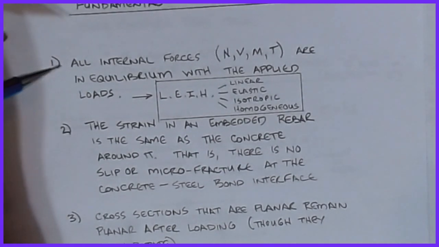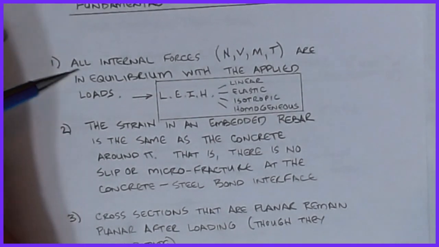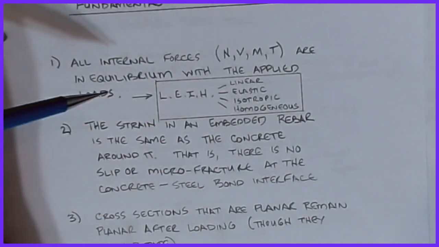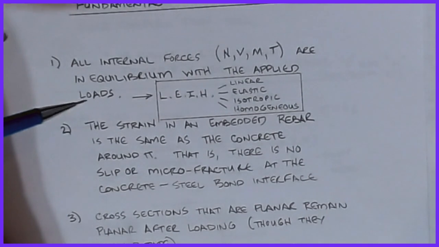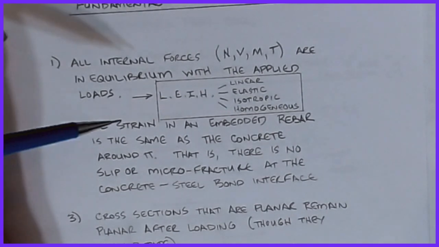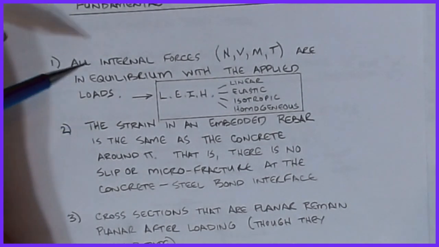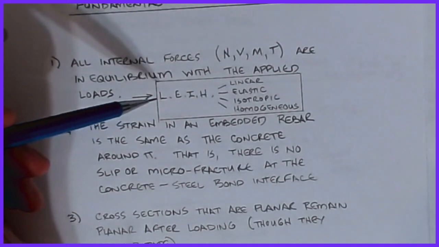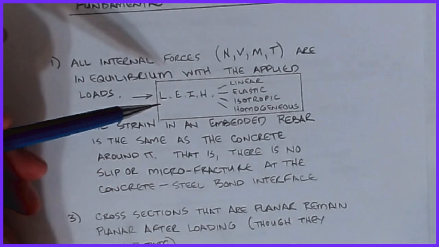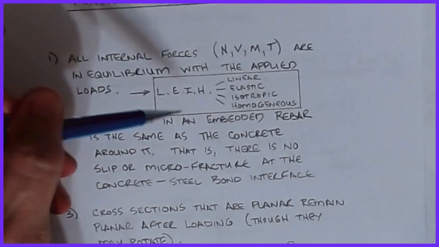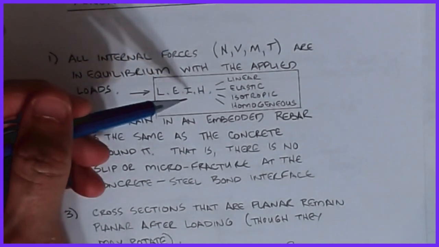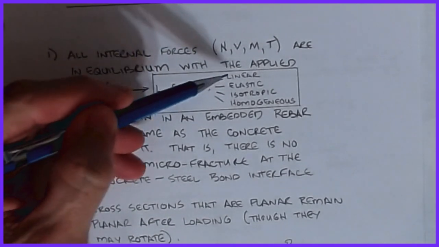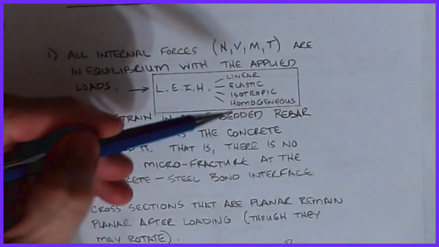The first one is that all internal forces, whether it's the normal, the shear, the moment, or the torque, are always in equilibrium with the applied loads. So this balances our internal stuff with our external stuff. This basically mandates an assumption of what I affectionately call the mantra of structural analysis. I use an acronym, LEIH, where this defines the characteristic properties of being linear, elastic, isotropic, and